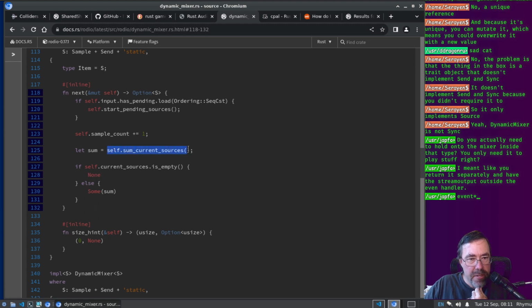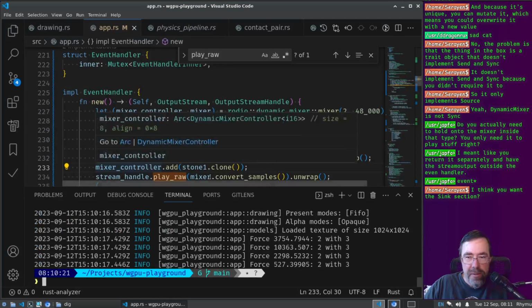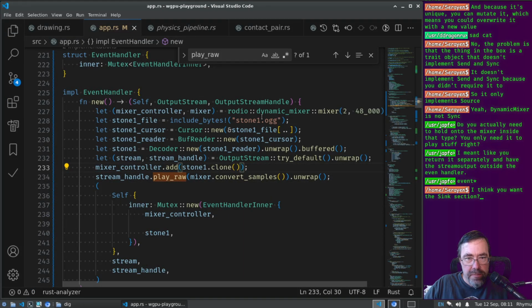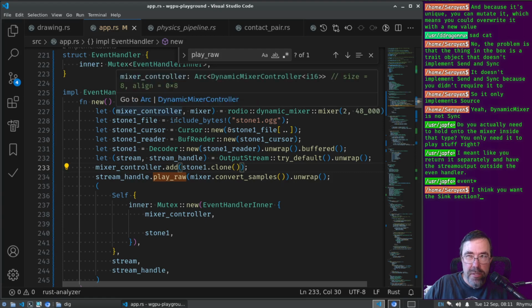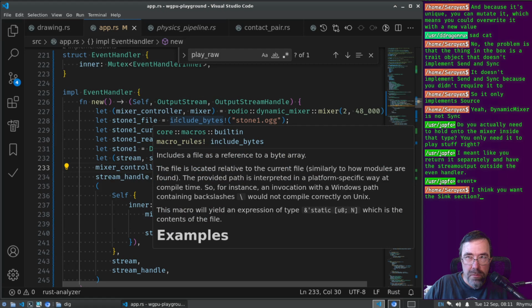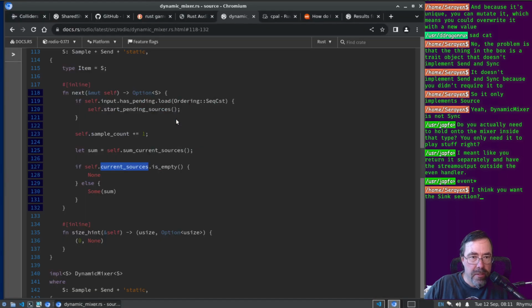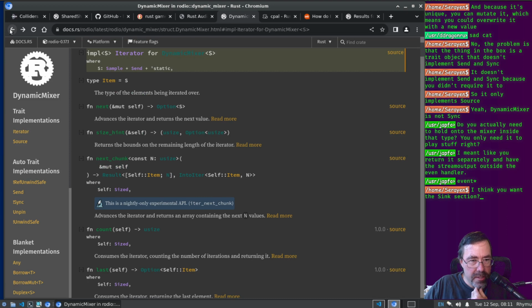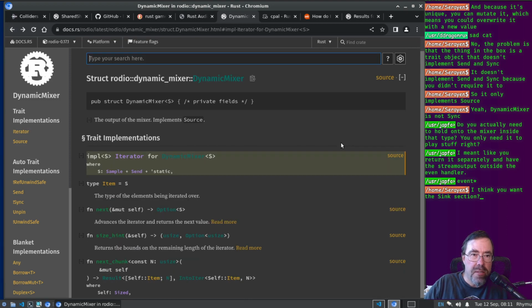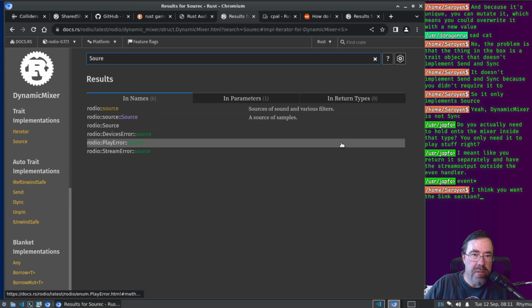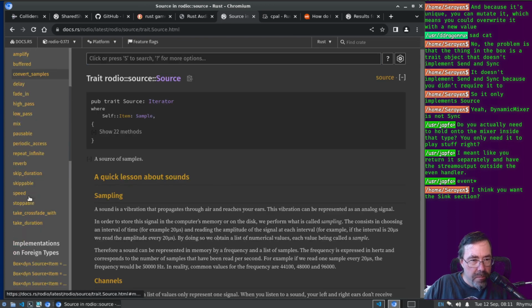Unless maybe current sources. We could put in a silence source, right? We can make our own source that just outputs silence. That's one way I could hack it, right? So we would have, I guess I can put it in the controller, right? Doesn't really matter. Do they provide me one? Is there a type that just emits silence? Constant or something. How about we look at the implementations of source, implemented by